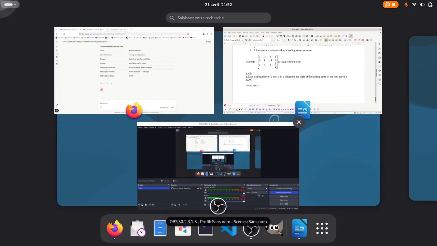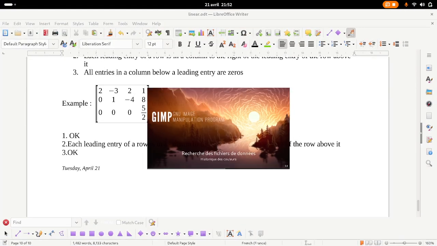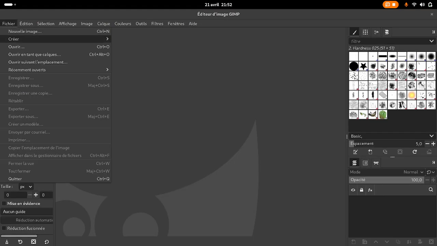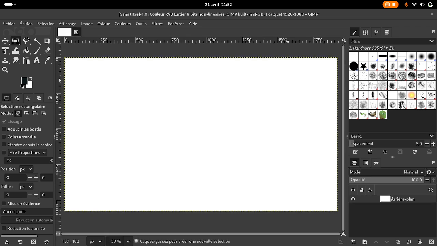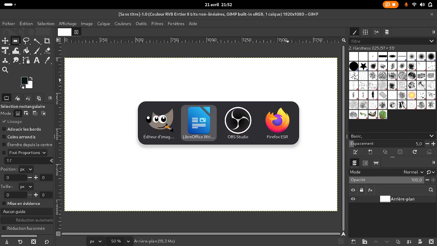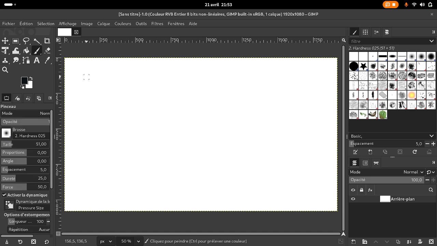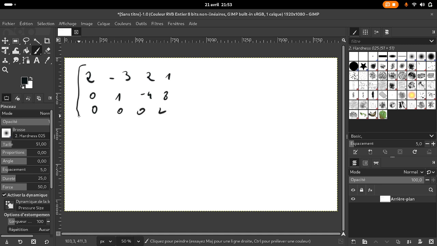To go fast, I will draw it with GIMP. Voilà. So we say that this matrix is in echelon form. Why is it in echelon form? Because